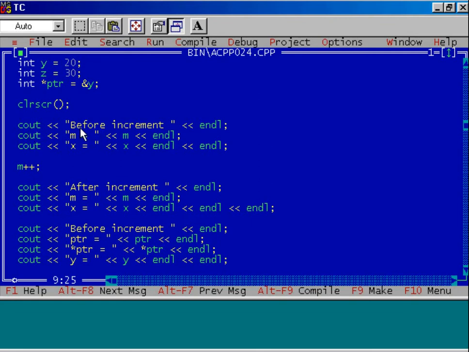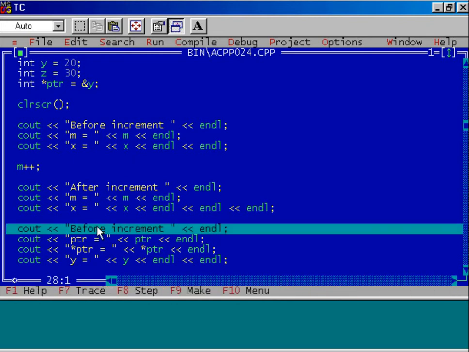I have displayed before incrementation value of m and value of x. After that we have incremented the reference variable m, and again we have displayed m and x. Execute the program up to this step and see the output at DOS prompt.